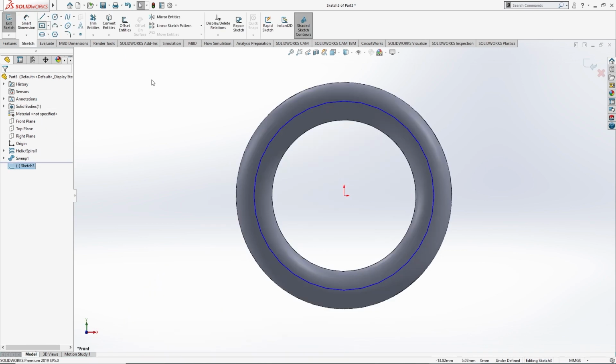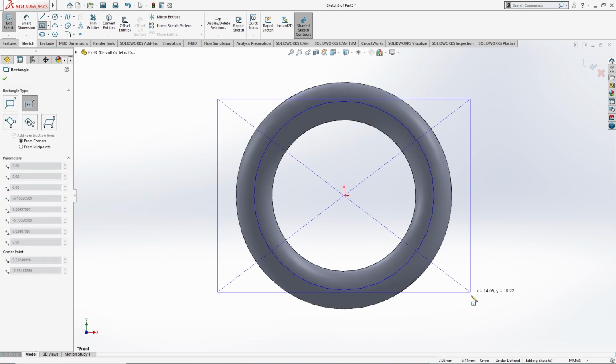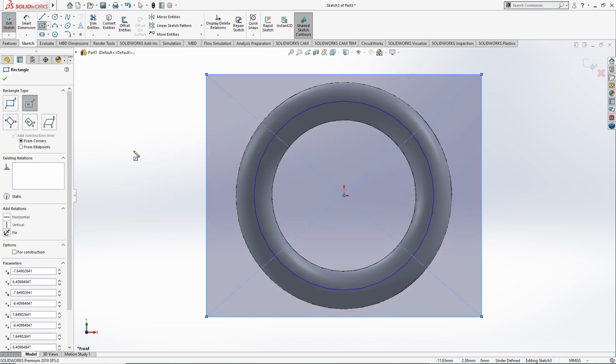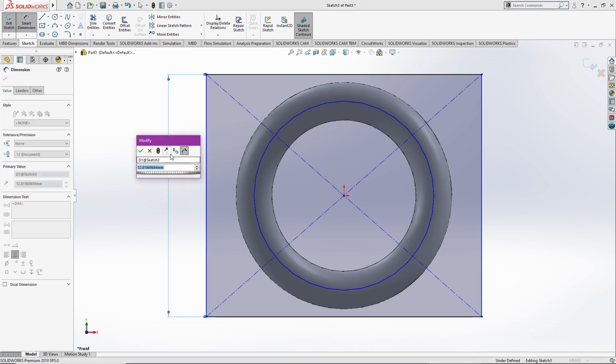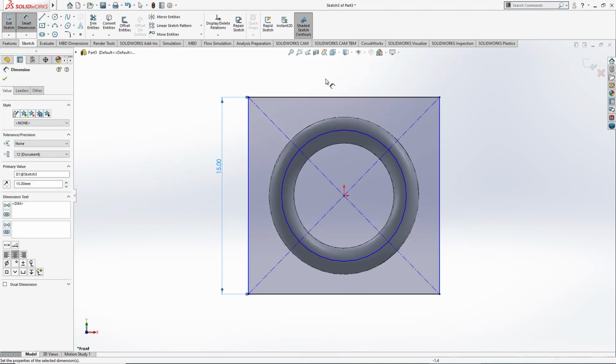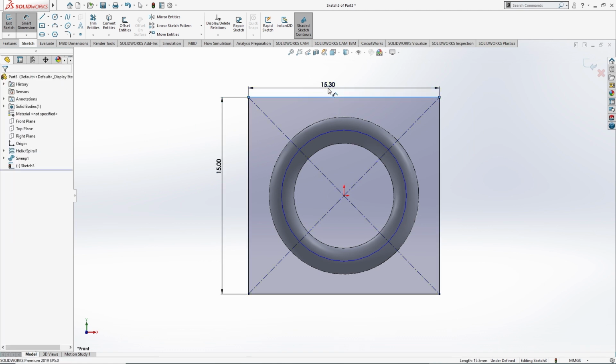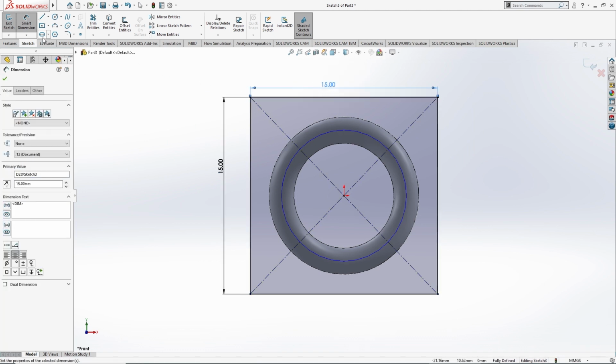Make a rectangle, sorry, not a rectangle, I will go for a square, 15 by 15. Okay, done.